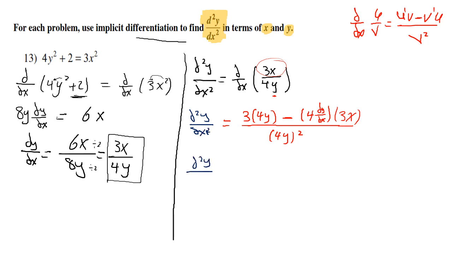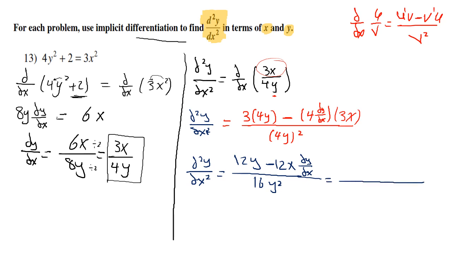So d2y over dx squared is equal to 12y minus 12x dy by dx divided by 16y squared. We already figured out the value of dy by dx. It is equal to 3x over 4y. So I'm going to replace dy by dx and write 3x over 4y. So it's 12y minus 12x multiplied by 3x over 4y, over 16y squared. So it's equal